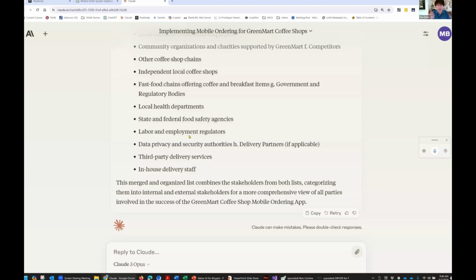We could then take that, ask for the RACI matrices or ask for other things, and we could do the same thing with a number of the other activities, a number of the other different artifacts we're creating. The speed at which we can create artifacts, the speed at which we can create content, merge content, and evaluate content is really the game changer.